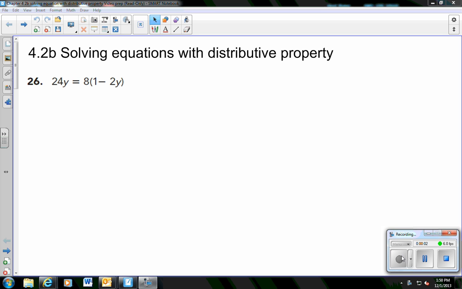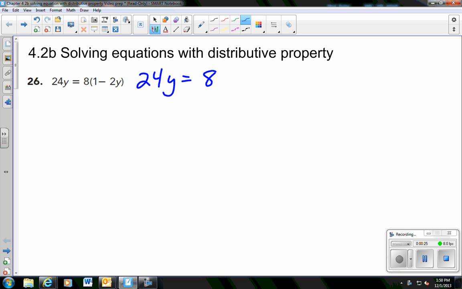These are the notes 4.2b and 4.2a. You learned how to solve equations with variables on both sides. Now we're going to look at variables on both sides, but we have to do the distributive property before we combine like terms. So if we look at number 26 here, we have 24y